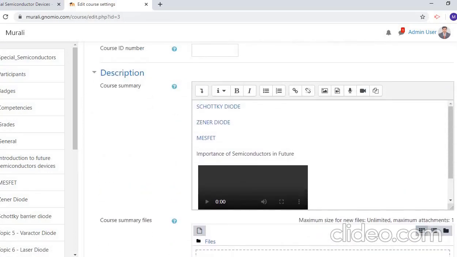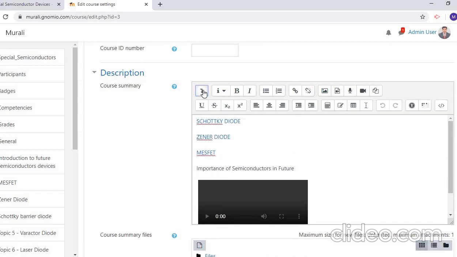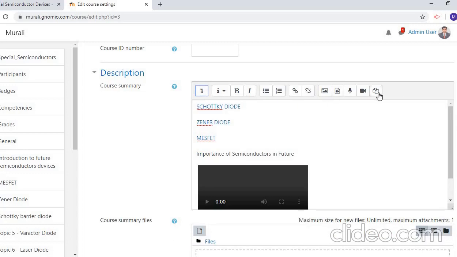Here in this description box, that is in the course summary, we have all these things. When you look from the last, the fourth from last is insert or edit an audio file. You can click on this.